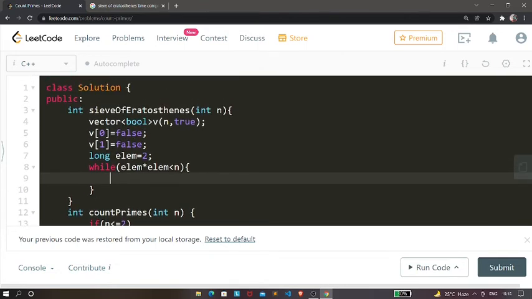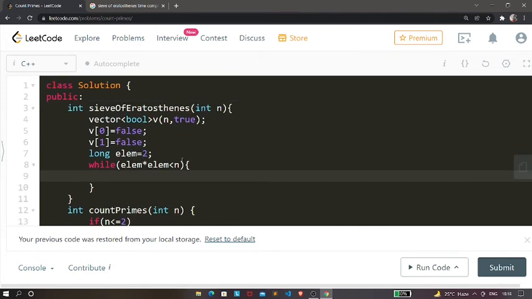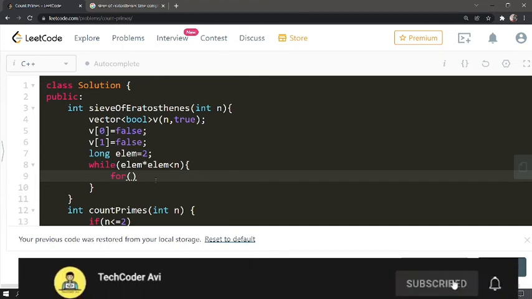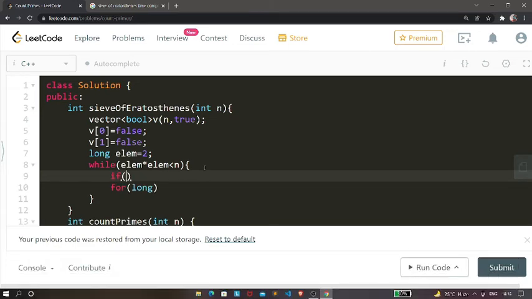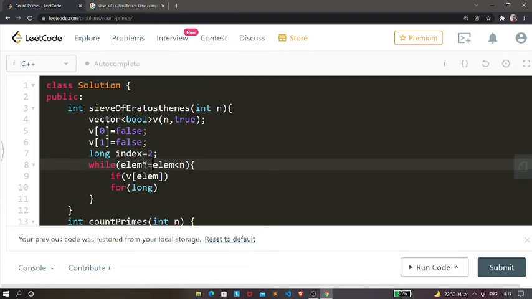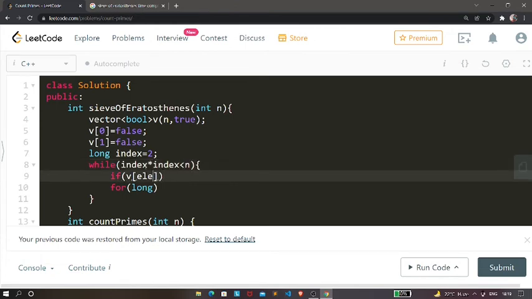Next we're going to have a for loop. Before that, we'll be checking whether v of element, or you can consider it to be index. It's better to name it as index. So let me just name it as index. We're going to check whether our v of index is equal to 1.